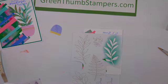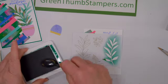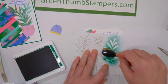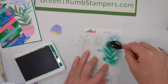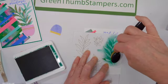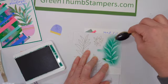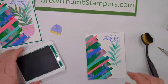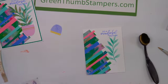And then we're just going to take our shaded spruce ink and a small blending brush, and I'm just going to apply a little bit of ink to the card so that it shows underneath the piece that we're going to put on. I didn't want it too dark. You see I got a little bit of my ink down there, so be careful when you do that with the